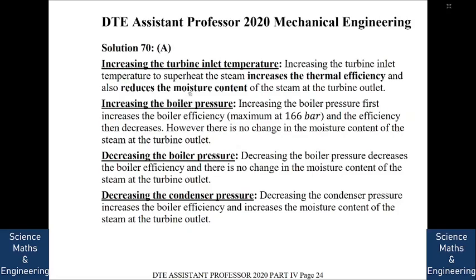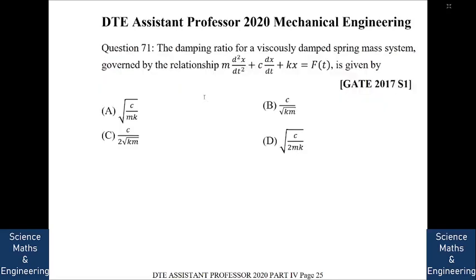So our option A, that is increasing the turbine inlet temperature, increases the thermal efficiency and reduces the moisture content, is the correct option. So next question. The damping ratio for a viscously damped spring mass system governed by the relationship m d2x by dt square plus c dx by dt plus kx is equal to f of t is given by, so the answer